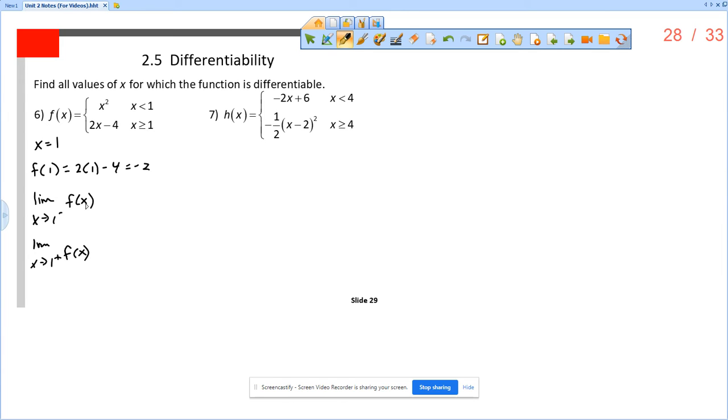That means we're going to plug 1 into the top piece. So 1 squared is 1, of course. And then we plug 1 into the bottom piece. So 2 times 1 minus 4, obviously that's negative 2. These two things are not equal, right? The limit as x approaches 1 from the left of f of x does not equal the limit as x approaches 1 from the right. So what does that mean? Well, that means that f is not continuous